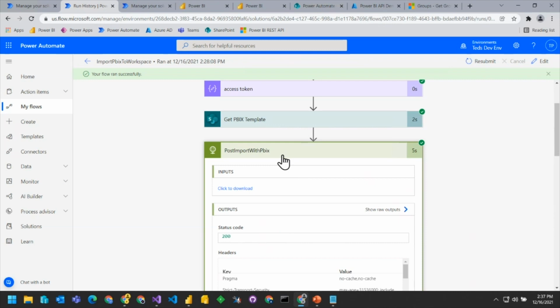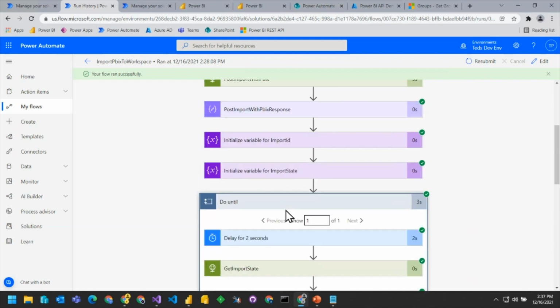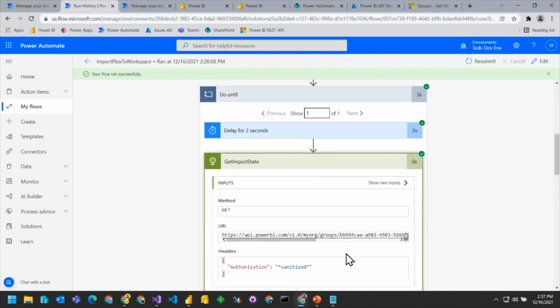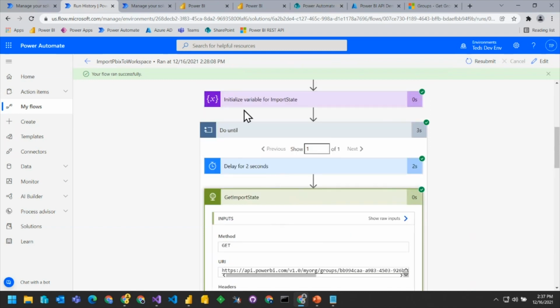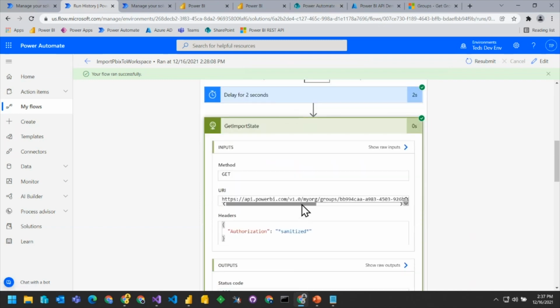So after you make this call to post import, you're going to have to loop around and call get import state. When you start an import operation, it gives you back a GUID, which is basically the import ID. Then you call another action inside here with that import ID, and that gives you the status of it.